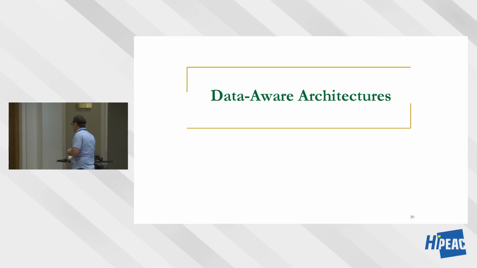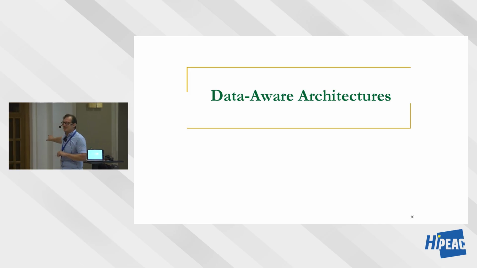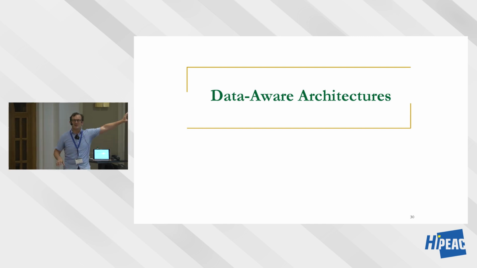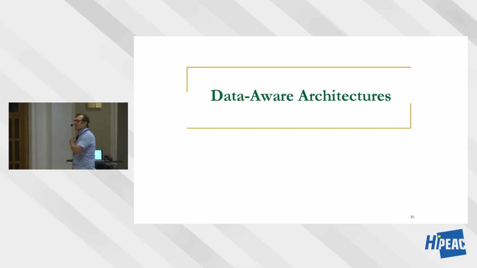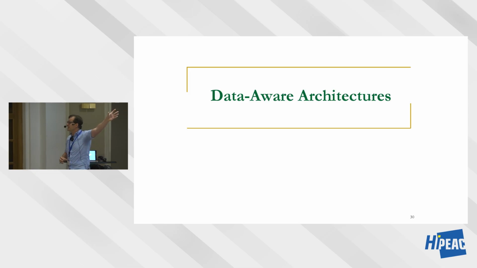Okay. So let me go into something that I didn't intend to cover, but I had to cover because these are all examples of something that's really important in my opinion, which is data-aware architectures. If you look at these examples, here we are designing the hardware and the software to be aware of the characteristics of the data. In this particular case, it was the error characteristics of the data. So I'm going to go through this relatively quickly.